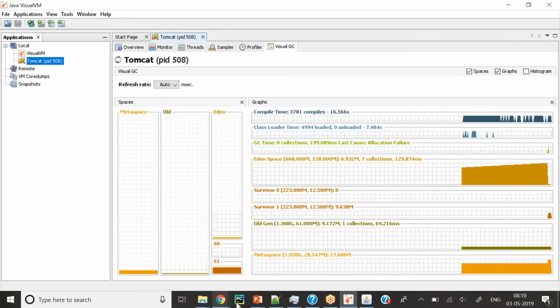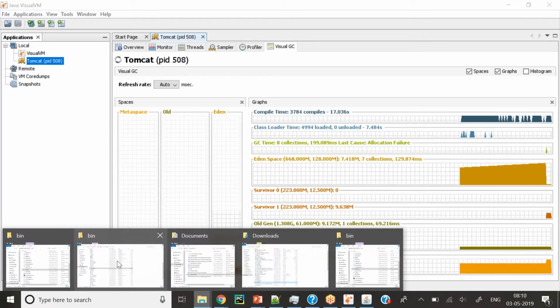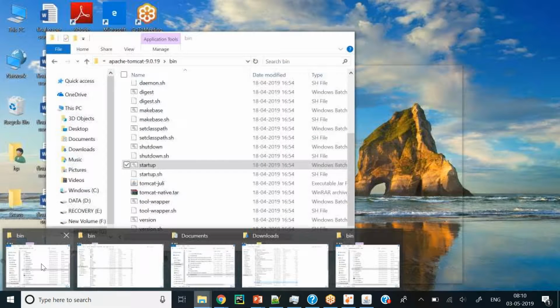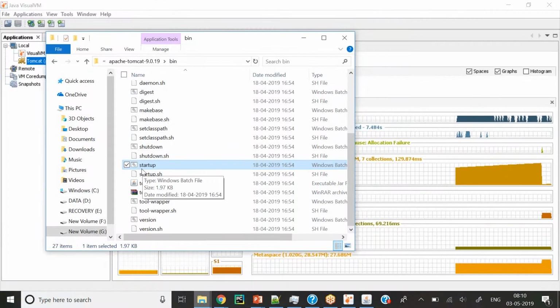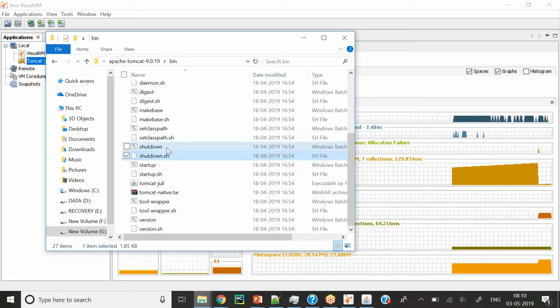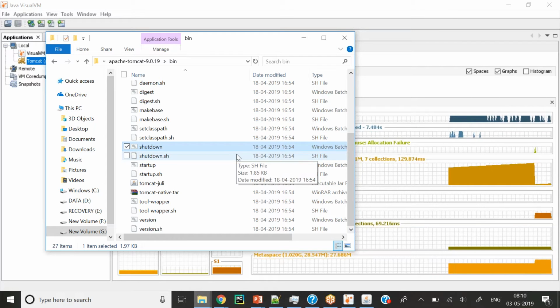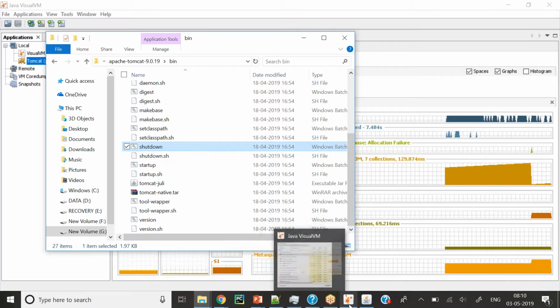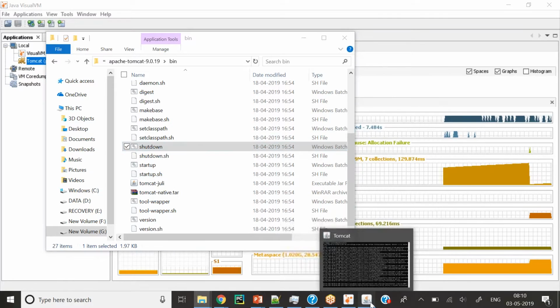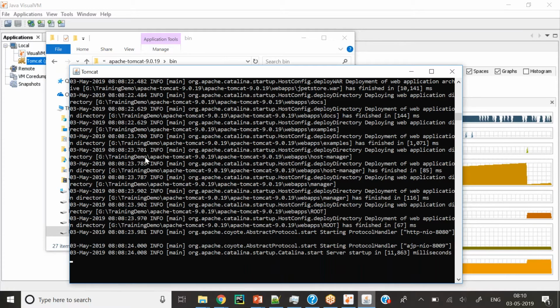Next, I want you to go back to the bin directory. Similar to startup, you can see there is shutdown.sh and shutdown.bat. There are two ways you can shut down your Tomcat. You can either click shutdown.bat, or you can press Control C in this open command prompt.